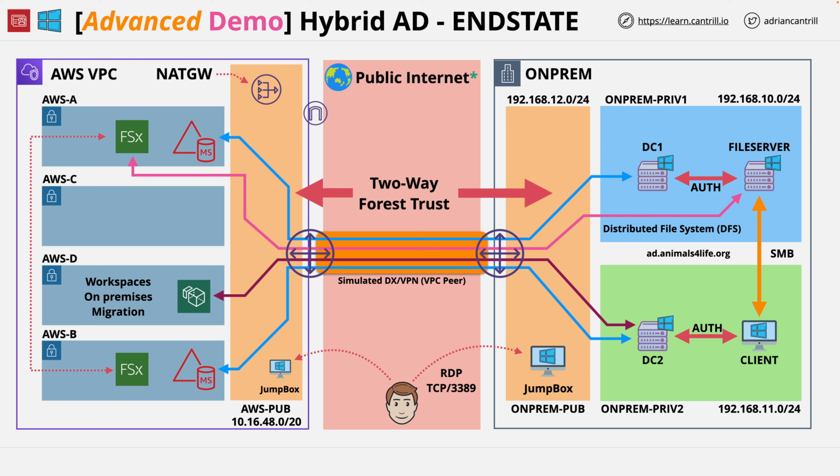You've seen how you can use FSX to perform file system migrations, how you can add on-premise identities to an AWS domain, and you've seen how you can provision workspaces which use identities stored in on-premises Active Directories. So you've experienced many of the challenges that a solutions architect will face when implementing this type of complex problem involving hybrid environments within AWS and on-premise. But at this point you have completed everything that you need to within this demo series.